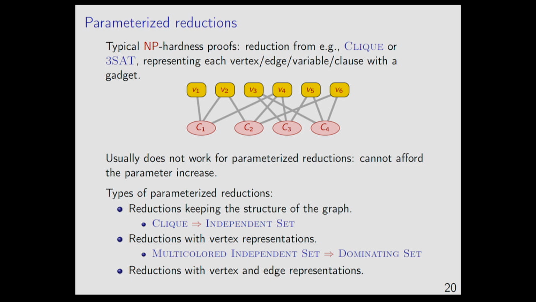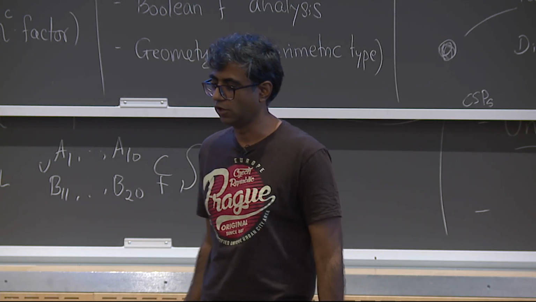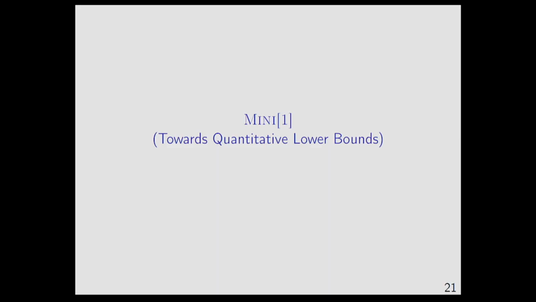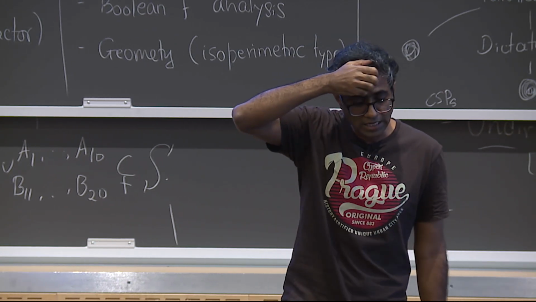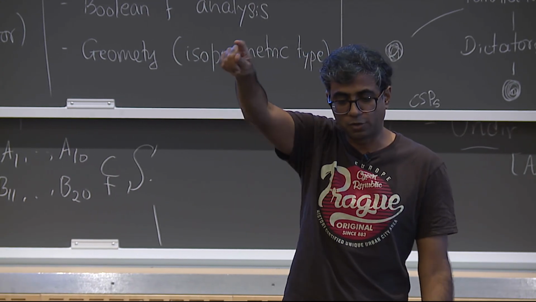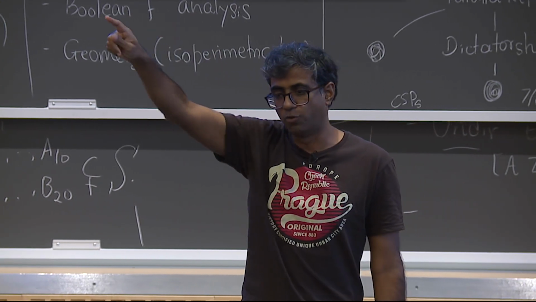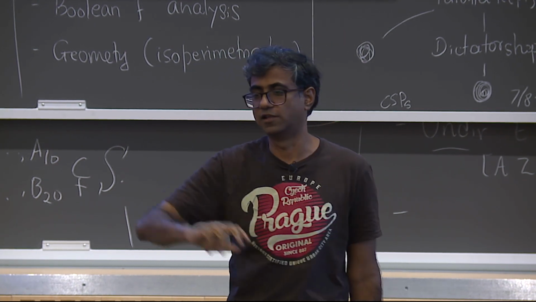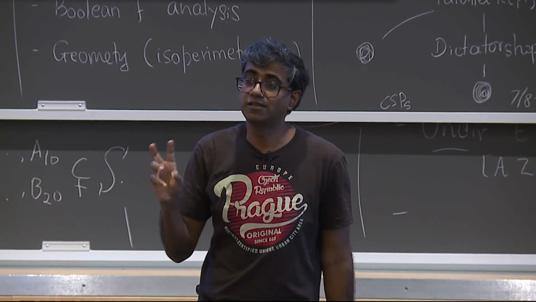So I have told you a little bit about how W1 comes. Now I want to tell you another foundation that parameterized complexity people tried to build. This is called ETH, or towards quantitative lower bounds. Notice what has happened in the last decade or so. You go to any conference, you see this problem cannot have an n to the power 2 point something algorithm unless some APSP conjecture fails or 3-SUM fails, right? So what are these kinds of lower bounds?